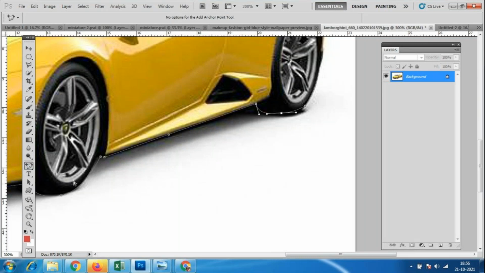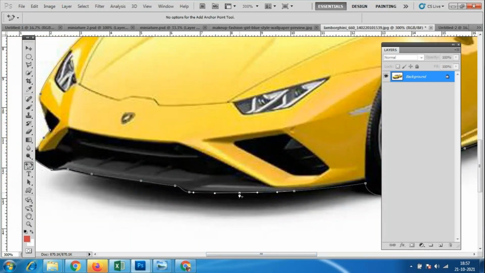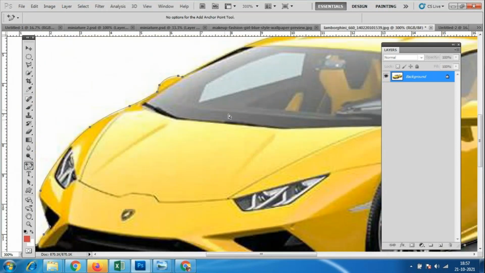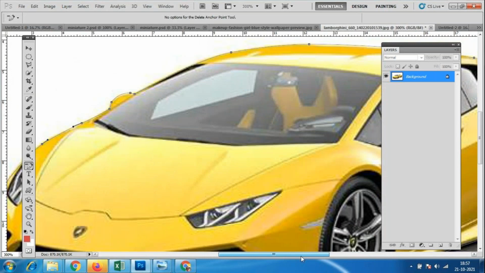Add anchor point means if you want to add some points over there, we can add them wherever we need some more curve shapes. Otherwise we have the option called delete anchor point, which is the minus you can see over there. Add anchor points and delete anchor points.